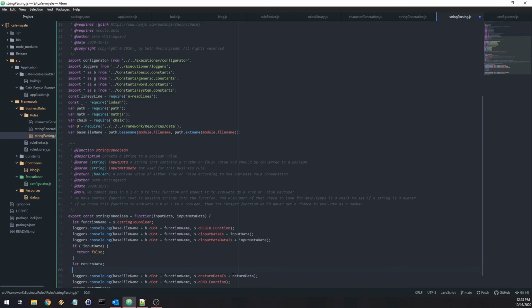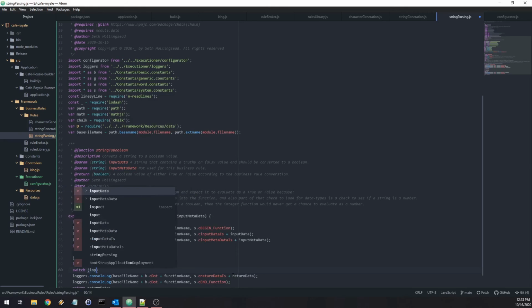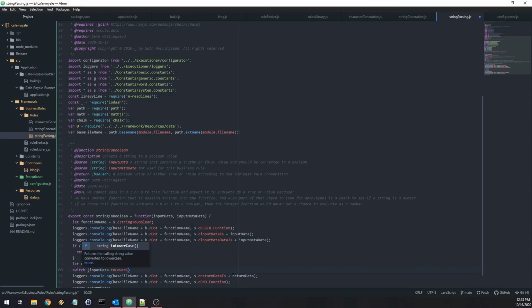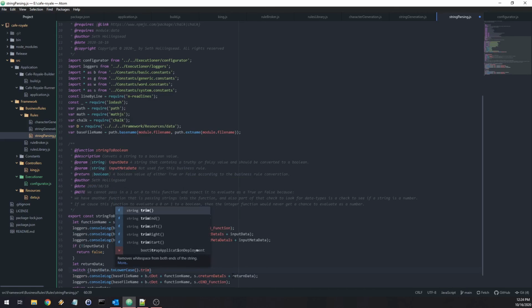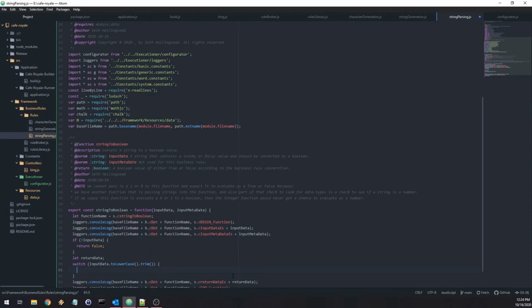And we're going to just have a simple switch statement here. Lets us easily iterate over the input data. So input data dot toLowerCase. That way we're always dealing with a specific case. Dot trim. So make sure if there's anything else that has erroneously been passed in, we clean that up. Define that block, and we have a case